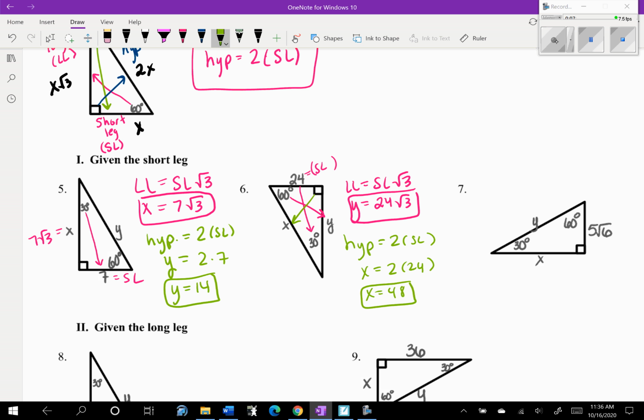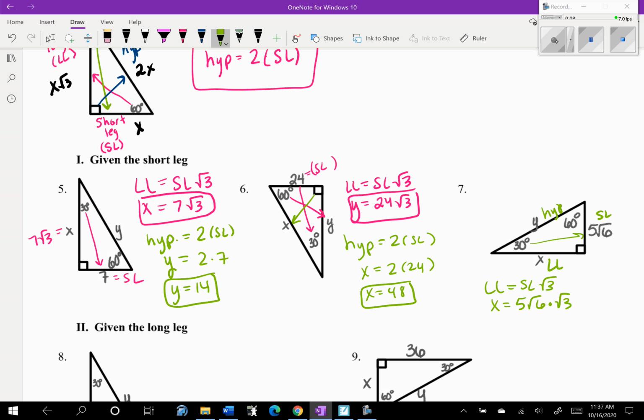And then looking at question number 7, same thing. If it helps you to also label your sides as you're going, that's fine too. I didn't do it in the other two. But we know this is the hypotenuse, across from 30 is the short leg, so of course this would be the long leg. We know that, again, we were given the short leg. So the long leg is equal to the short leg times the square root of 3. In this case, the long leg is x, which is equal to the short leg, 5 root 6, times